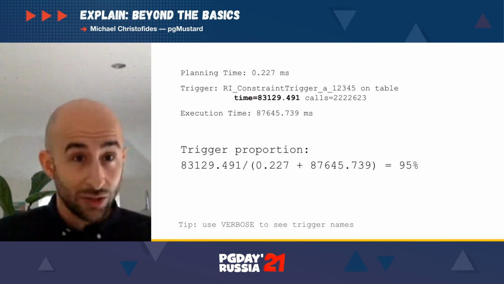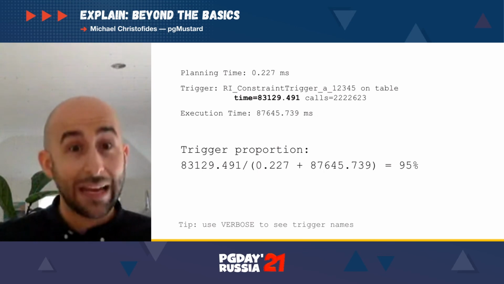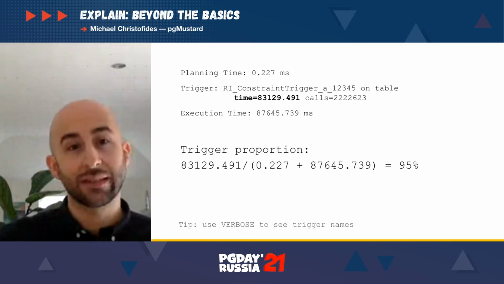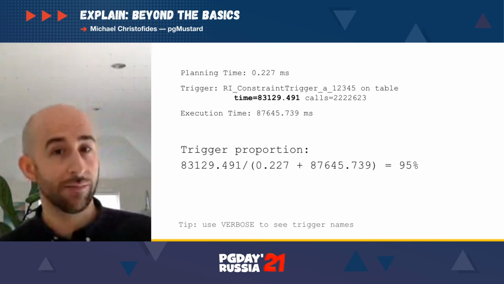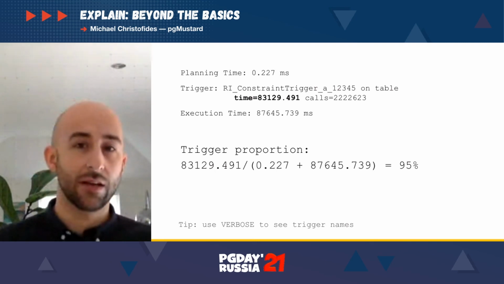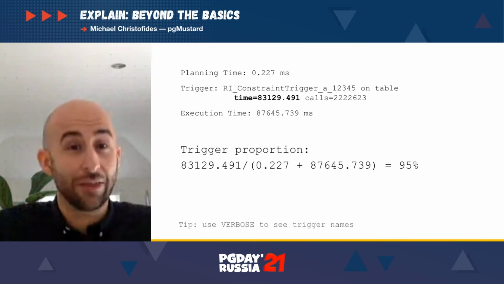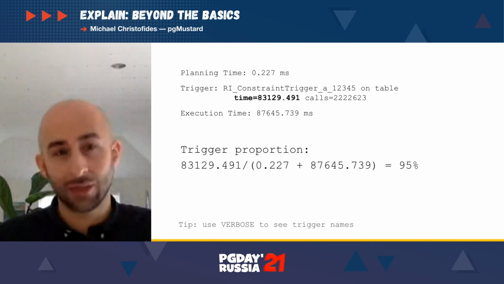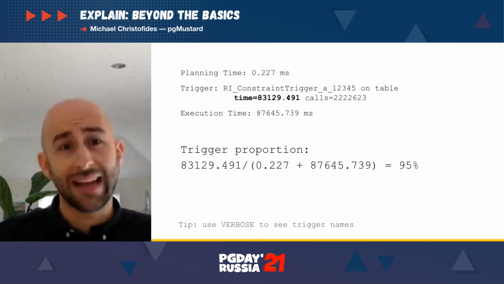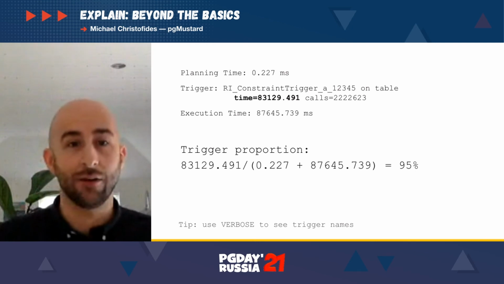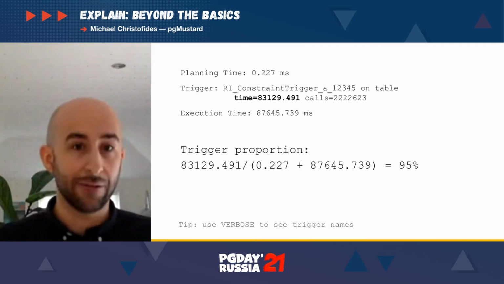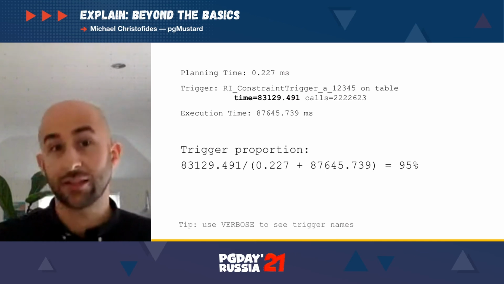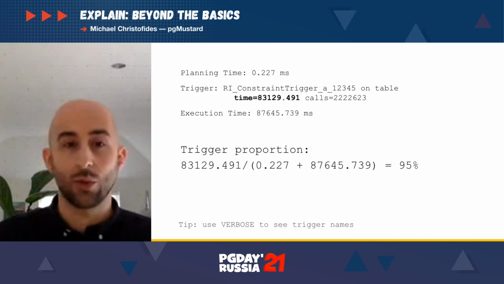Great. So as I mentioned, here's a trigger name that's come from running EXPLAIN. So we can see RI, so referential integrity, underscore constraint trigger. And that's taking a total of 83 seconds or 83,000 milliseconds across a lot of calls, 2 million calls. That's a huge proportion, or 95% of the total time for this query. Definitely the dominant issue, and very little point looking at the rest of the query plan, except to work out